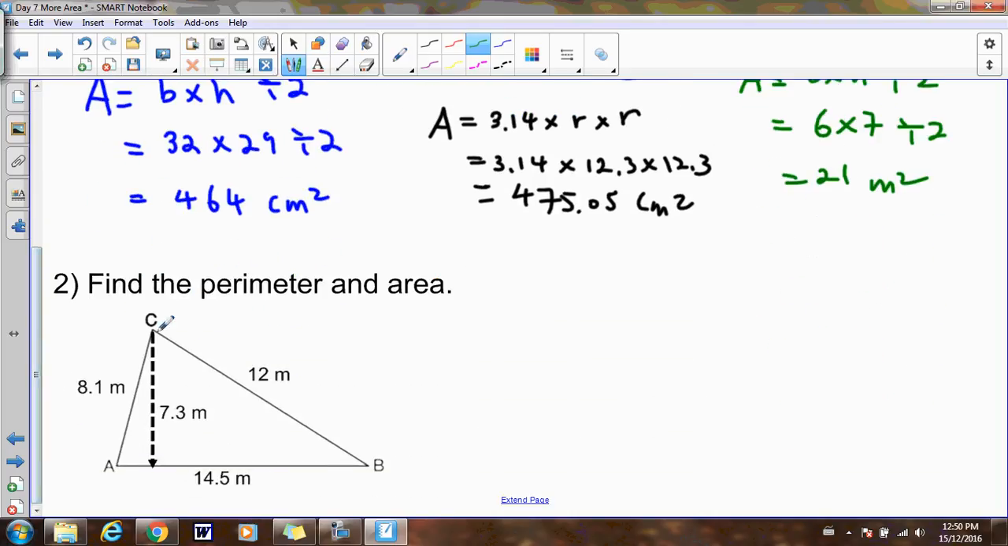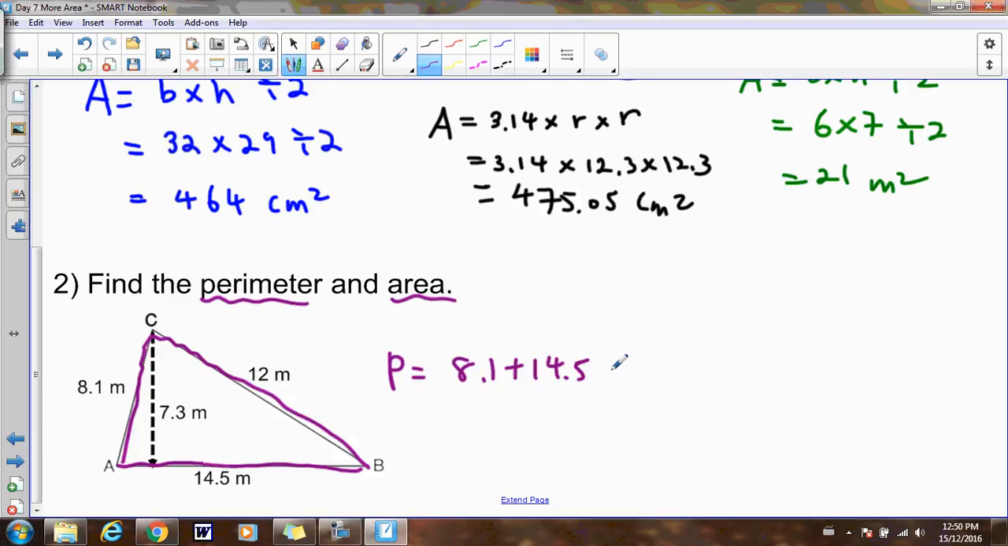Okay. Now, this next one takes a step further. We want to find a perimeter and the area. So remember, the perimeter is just the distance around the outside of this triangle here. Okay. So all we have to do is just add them up. So 8.1 plus 14.5 plus 12. Right? Notice we didn't add the 7.3 because that's not part of the perimeter. It's not on the border. Okay? So we do that. We should get